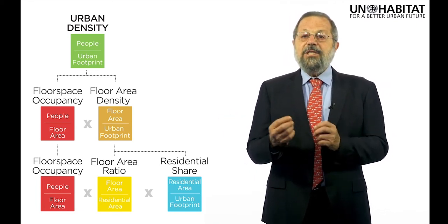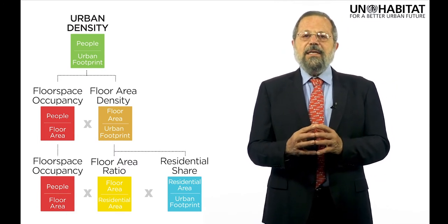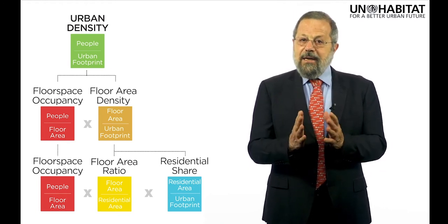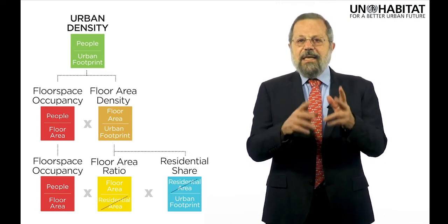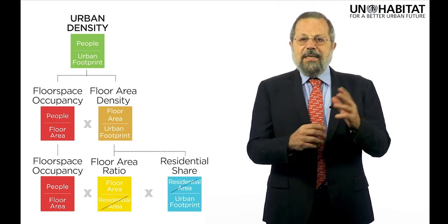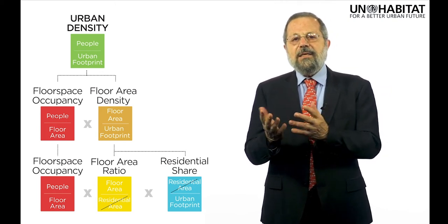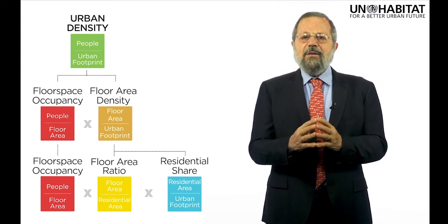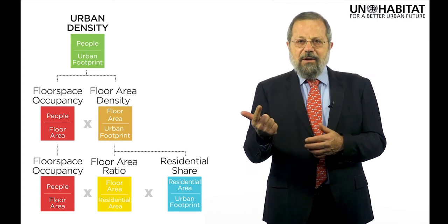The residential share, the blue box on the right, is the share of the city's urban footprint occupied by residential areas. Again, when we multiply the floor area ratio by residential share, the residential area in the city cancels out and we get floor area density. This means that we can represent urban density as a product of three factors: floor space occupancy, floor area ratio,